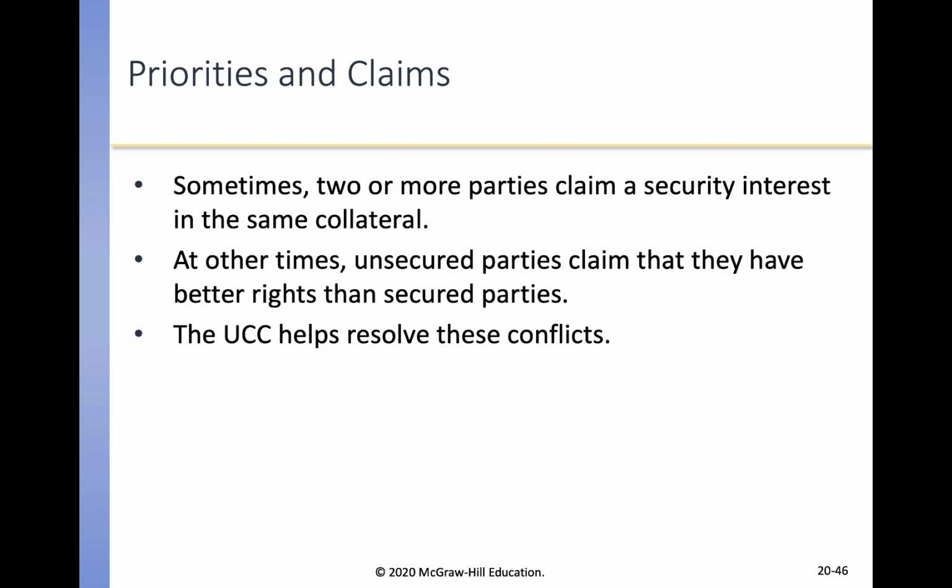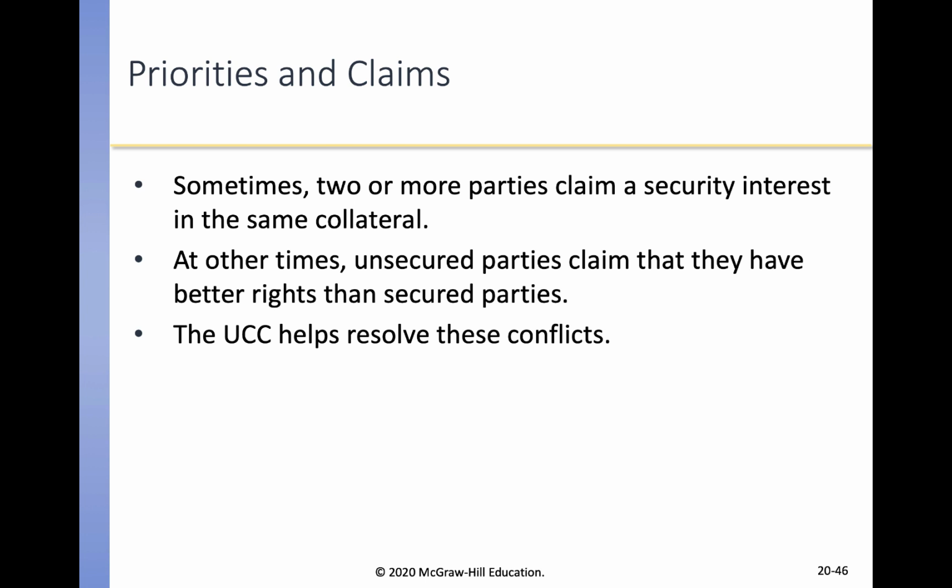Buyers of farm products in the ordinary course of business, to the extent that they pay for and receive collateral without knowledge of the security interest, take precedence over non-perfected security interests. Buyers of consumer goods are not affected by perfected security interest of which they have no knowledge. In all other cases, a perfected security interest prevails over an unperfected one. Conflicting security interests rank according to priority in time of filing or perfection. And when two or more parties have unperfected security interests in the same collateral, the first to attach prevails over the other parties.